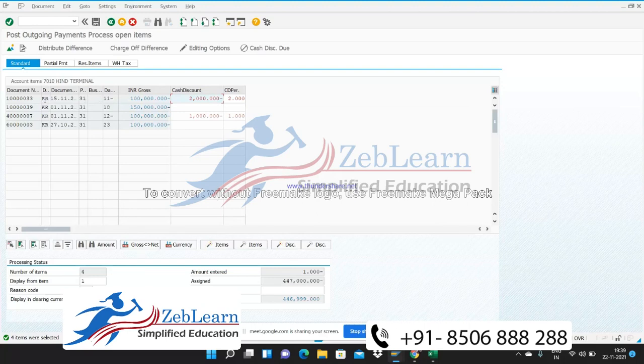So just in the first case, we have mapped the terms of condition, and in that terms of condition we have considered the document date for calculation of the number of days, right? So this invoice has been posted on 15th 11. Okay, so from the 15th, and today is the date of the payment, 7 days have passed, so it is coming under 15 days. So the system is calculating 2% discount,